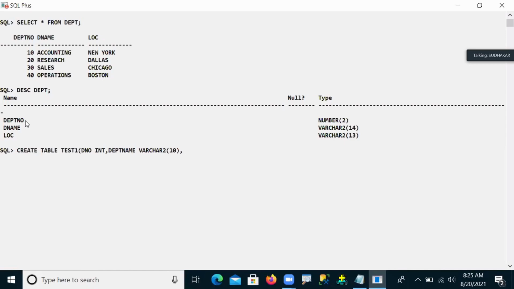Here I will take department DLOC, for example, simple, varchar2 of some size. Any name you can take as you wish, guys. Varchar2 of some size. Okay, this is one table.